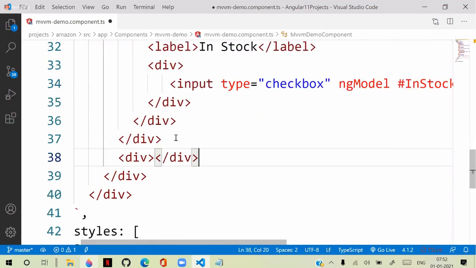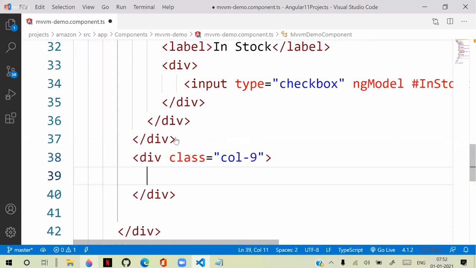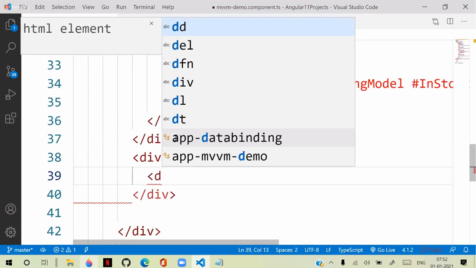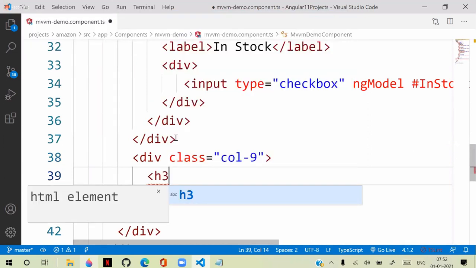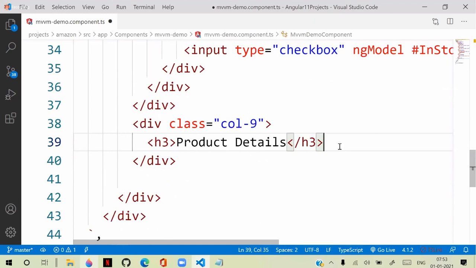So I'm creating another column here, col-9. In this, I want to just display the list. That means I keep a heading here, and say product details. We need to collect the details and display the details.